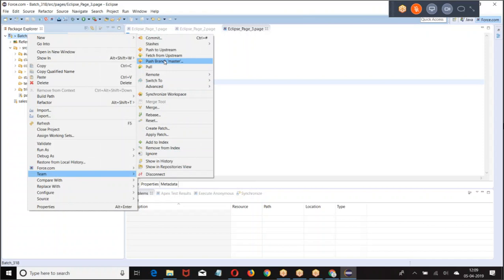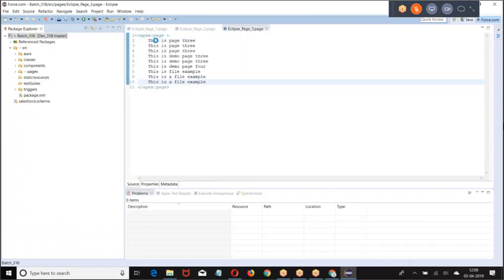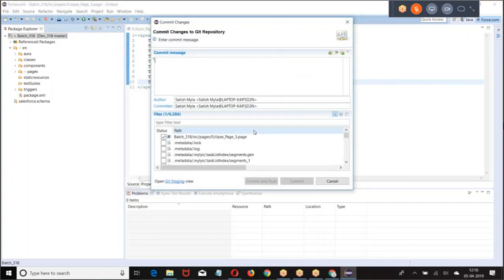Team, commit, then select all the elements.